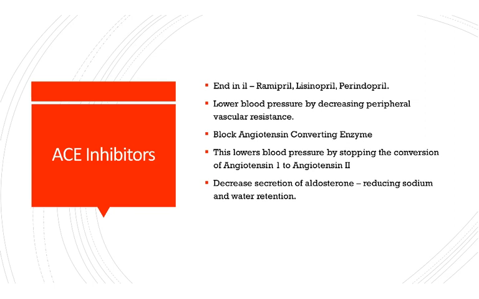Now these end in -pril, so tablets called ramipril, lisinopril, perindopril. If it ends in -pril, no doubt it's an ACE inhibitor. Okay, so ACE inhibitors lower blood pressure by decreasing peripheral vascular resistance, and they do this by blocking the angiotensin